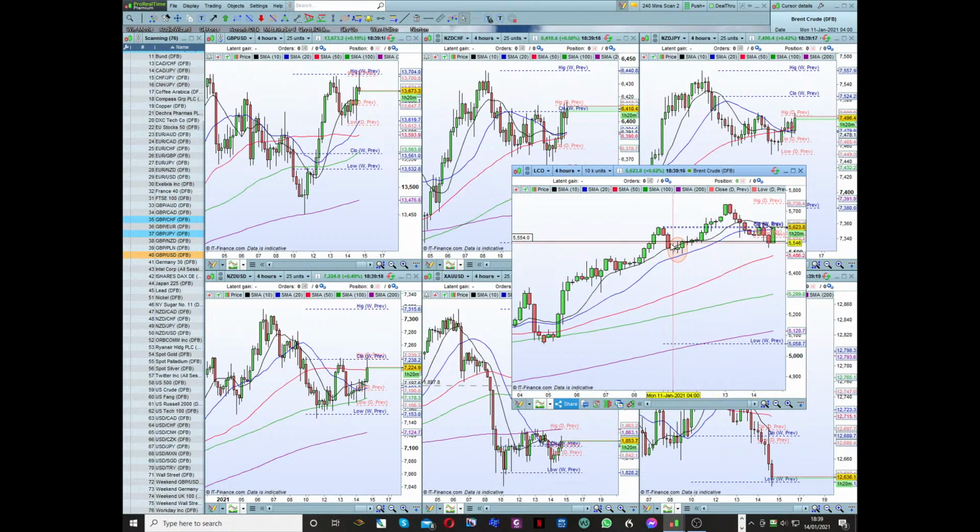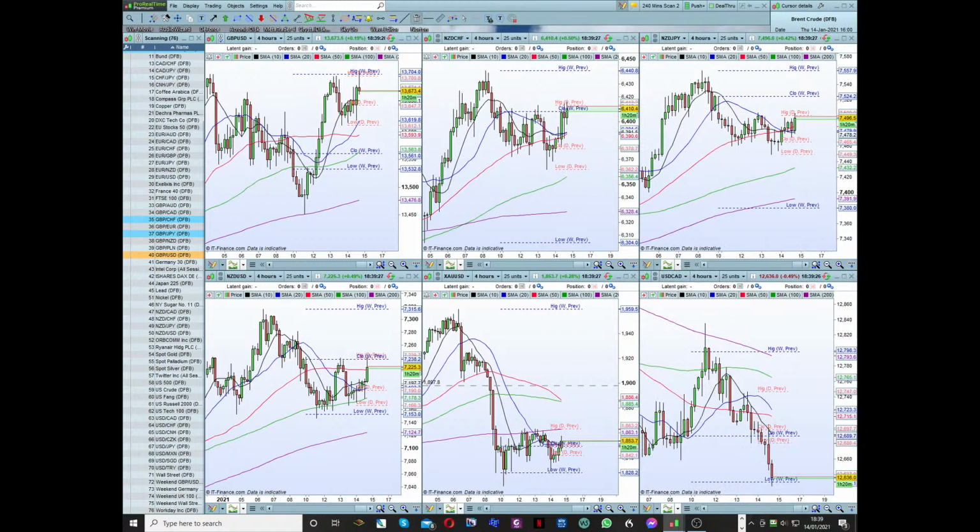And it's just come down to that level again, look, which is reasonably significant on the lower time frames. Get that out of the way. Where did that come from even? There you go. So that was Brent crude on Monday, and